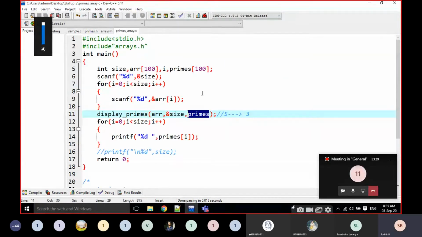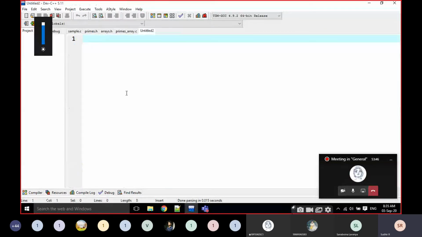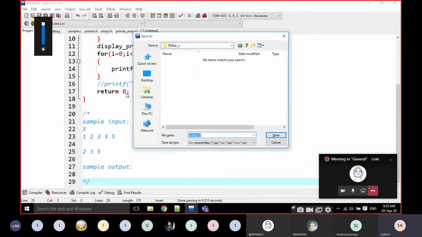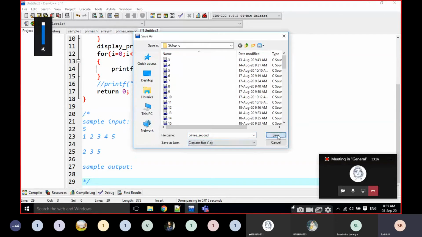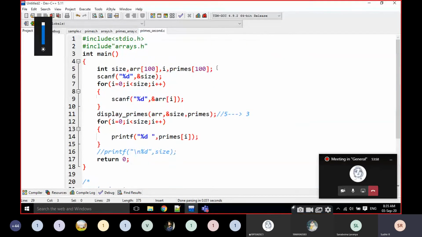I'm going to make a very small change. Count is equal to, their PC is equal to.